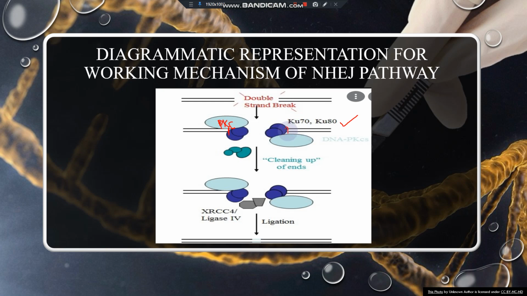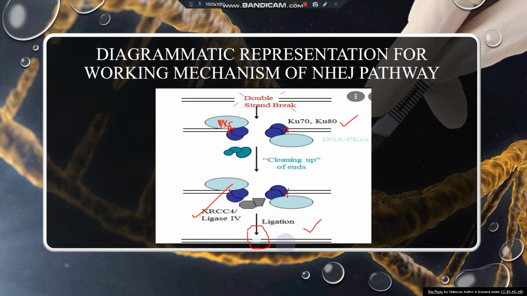In the next step, the DNA ligase, or the XRCC4 enzyme, helps in the DNA ligation. That is, it helps in the joining of this double-stranded break DNA by joining these two parts. When these two parts are joined, the DNA ligase triggers the joining of both the ends, and ultimately the end result we get here is intact DNA with no damage.